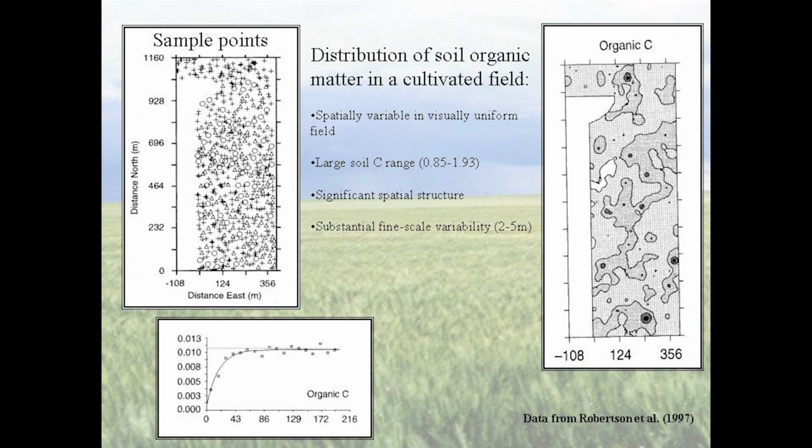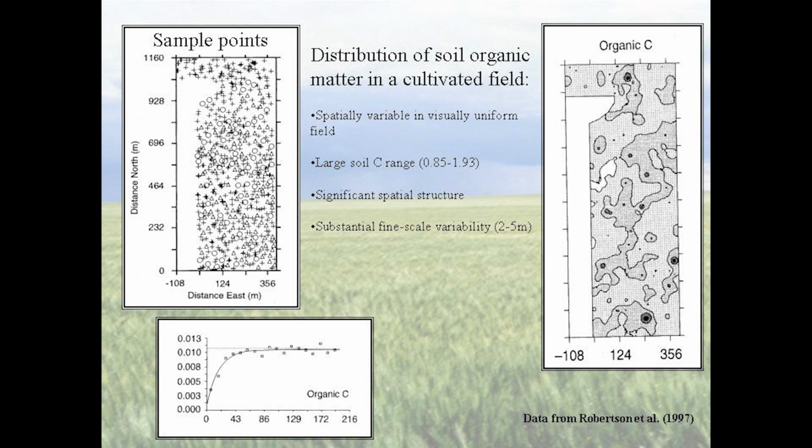And that's because of this underlying structure that you don't necessarily see. This field had been farmed for 100 years with plowing. So you're not going to find a more homogeneous field than this, and we still saw these kind of differences. So where do you sample? How do you sample a field like that to get an answer about how much carbon is in that field? Over here, this was cropland. Is it now rangeland? No. This is still cropland. This is an experimental field at Michigan State. It's still cropland, and that's still the kind of numbers that you get.